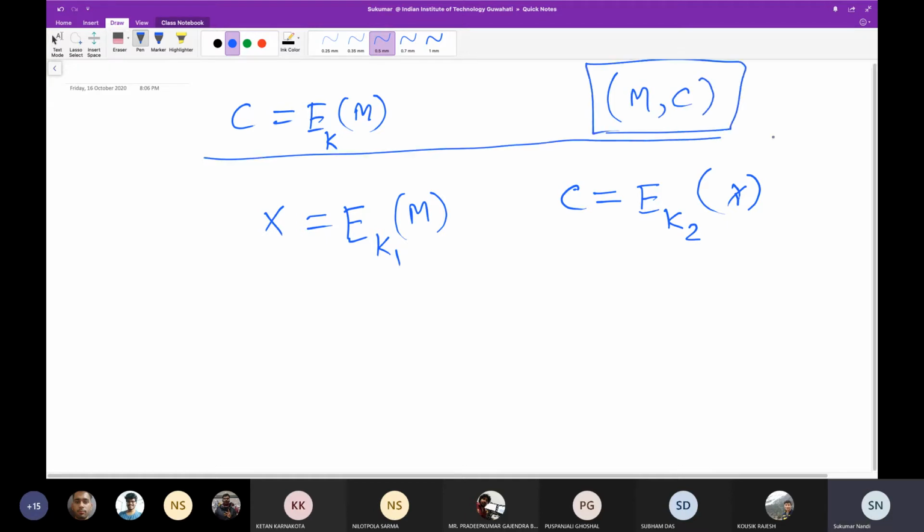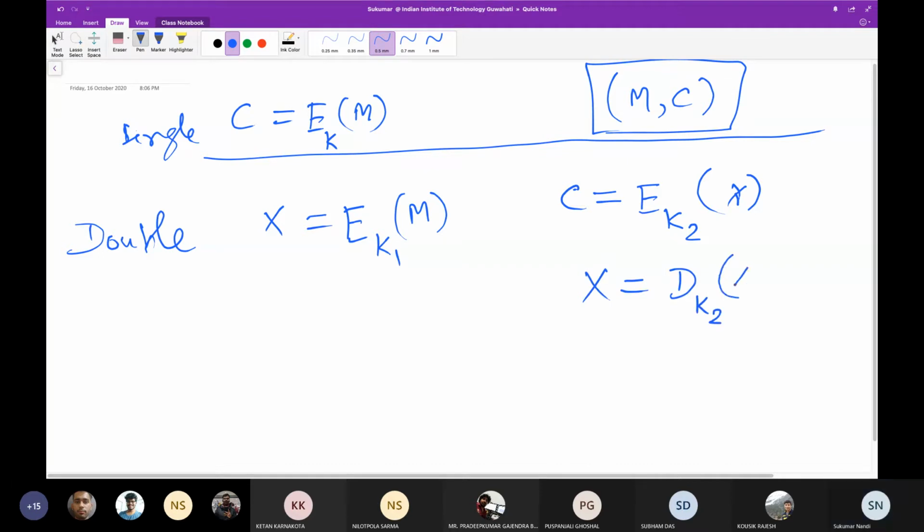In the case of single DES, we have done it like this. Decryption is also possible. First we have to decrypt C: X equals DK2 of C first.